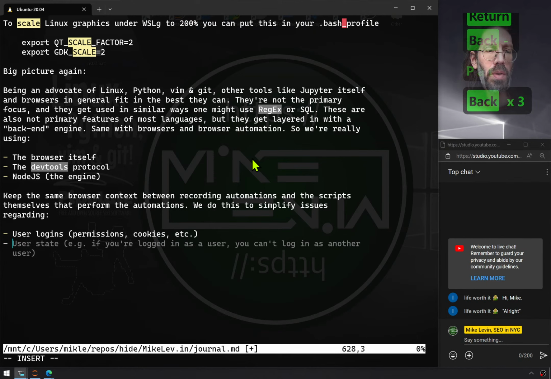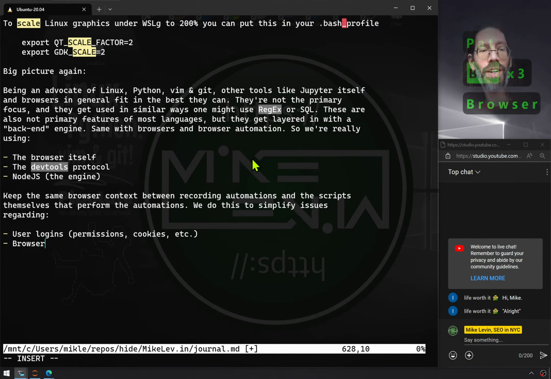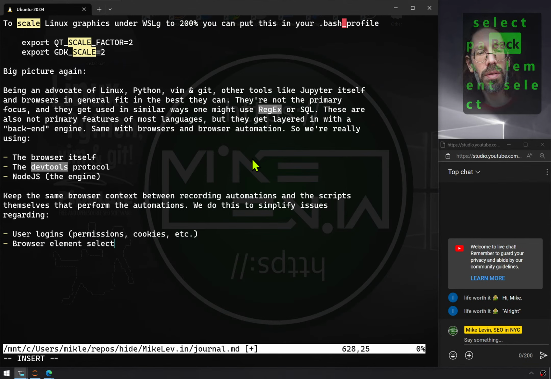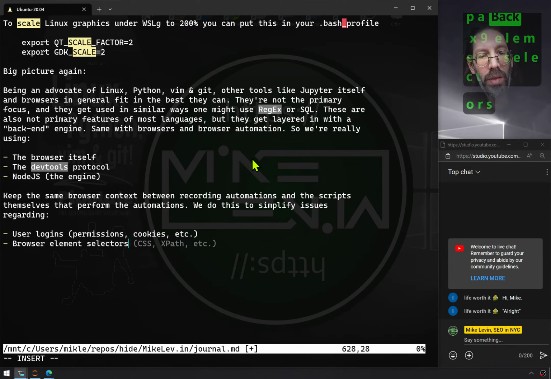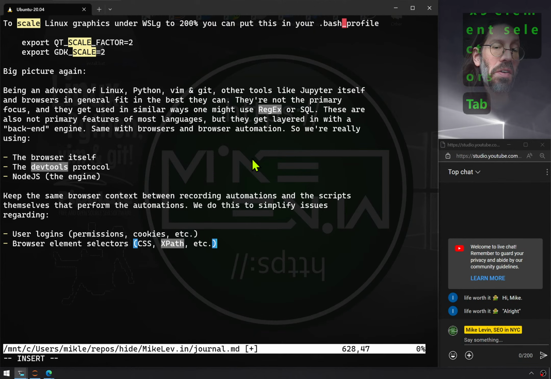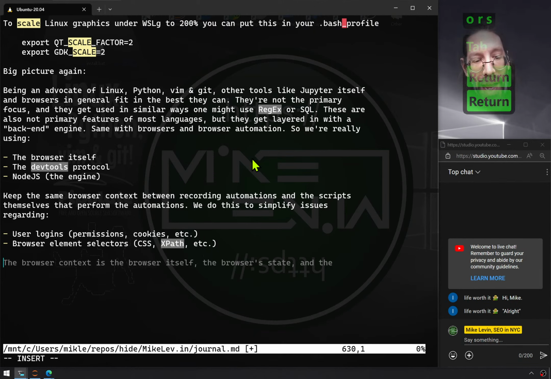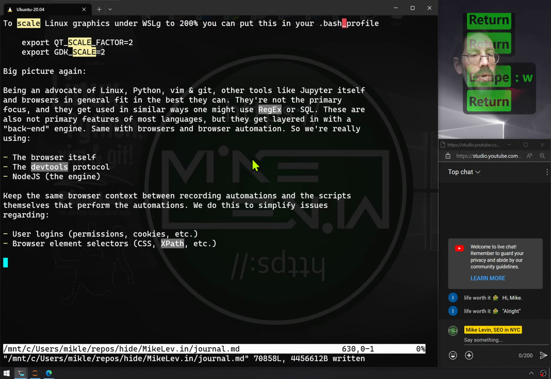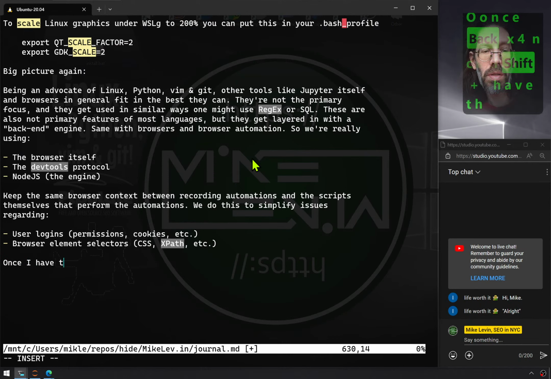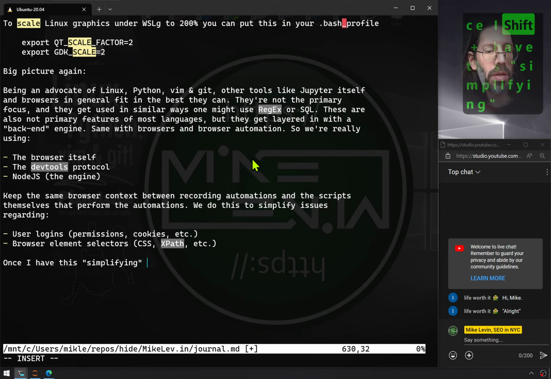selector paths, browser element selectors, because it's not always a path. CSS, XPath, etc. All right, I go for that. So we're doing a breakthrough. Once I have this breakthrough, the thing is, once I have this simplifying breakthrough,